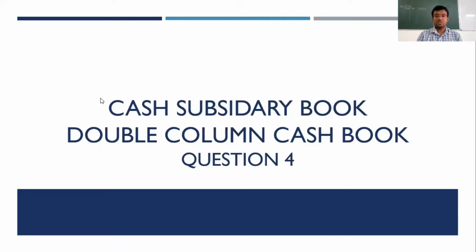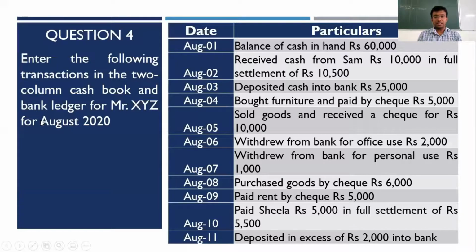So let's look at the question together. The question goes like this: enter the following transactions in two column cash book and bank ledger for Mr. XYZ for August 2020. So here we have around 11 transactions. These transactions need to be entered into two column cash book. Please also remember, whenever you have check transactions in two column cash book, those check transactions need to be entered